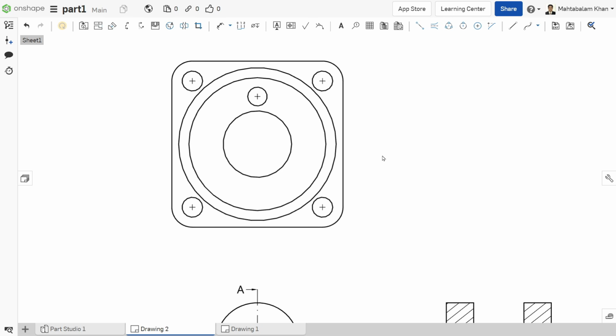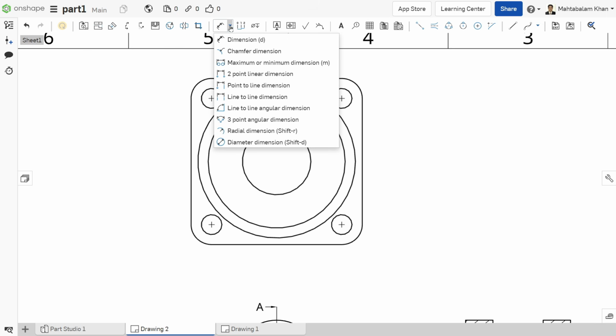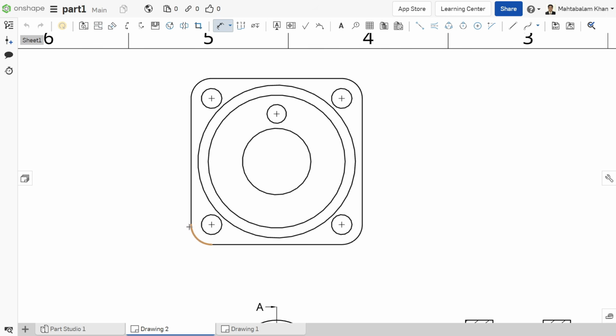Now let's assign dimension. So here you have the option called dimensions. If you drop down the menu, you will see multiple things, but we are going to take directly this one. Now either choose line to line or point to point. Point to point is easy.